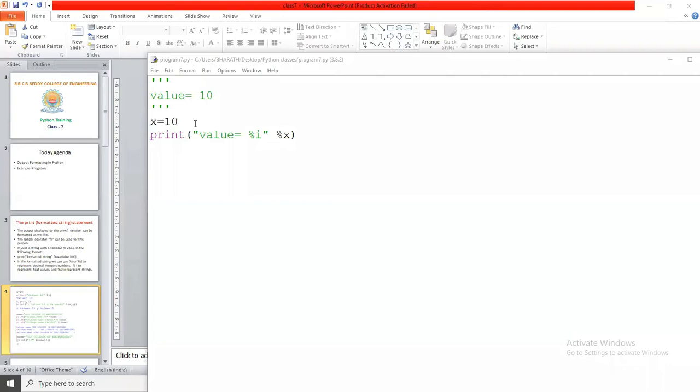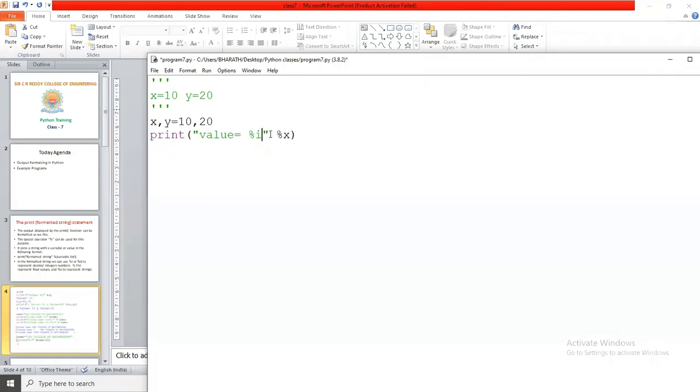Now we are going to take two variables, x, y equals 10, 20. I want to print the values like this: x equals 10 space y equals 20. So how can I format the output?